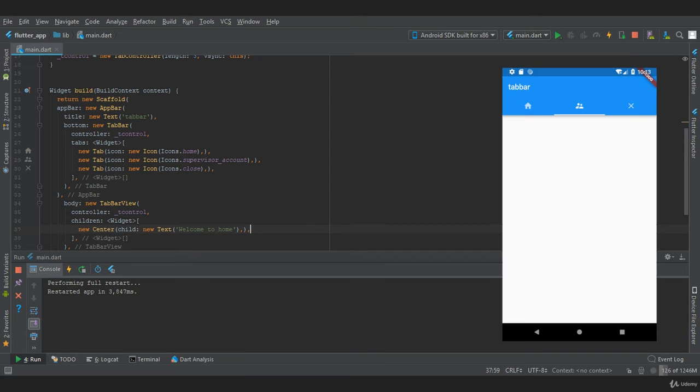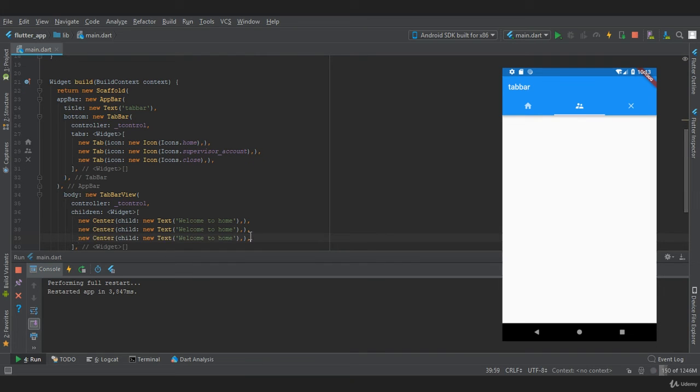Now let's create two more children. So we'll copy this and paste, and the second body will be welcome to user account, and the third body of the third tab will be close.